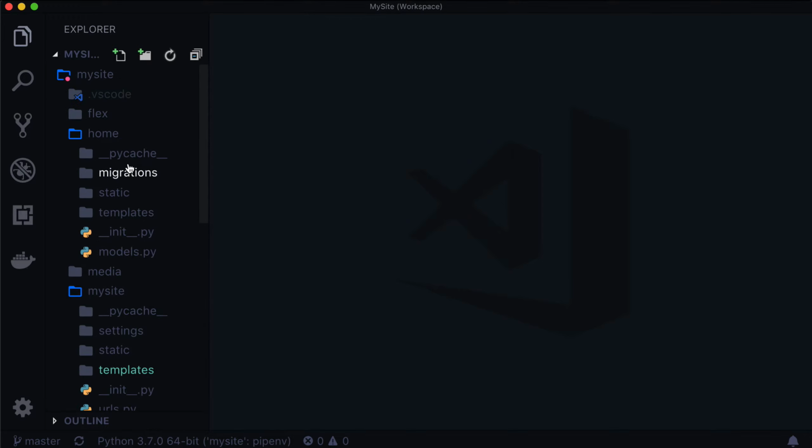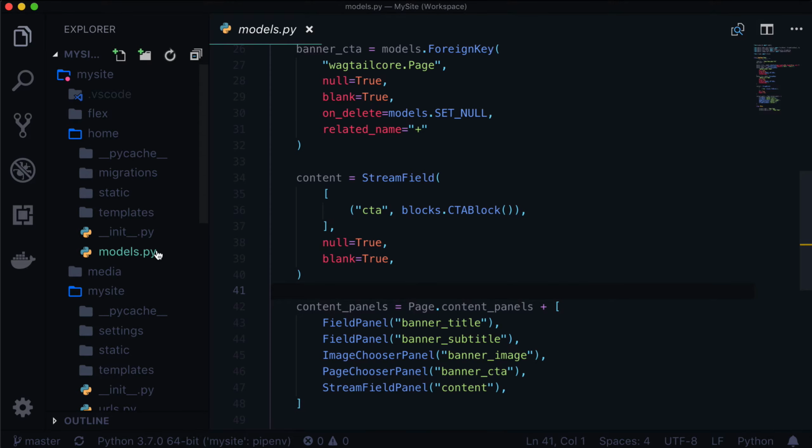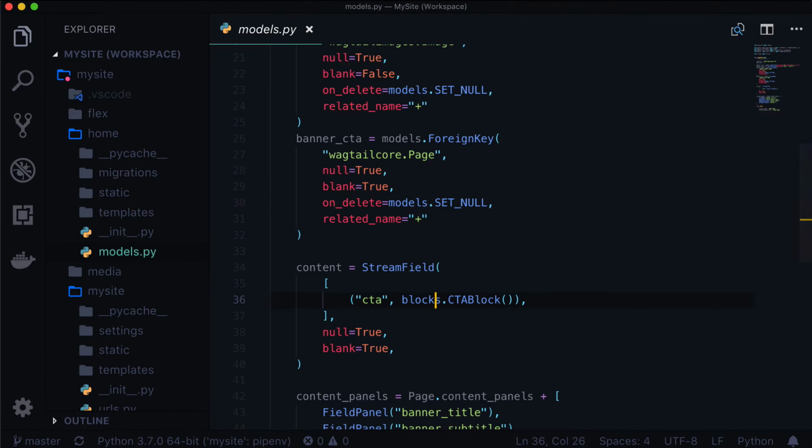Now, the reason that we're not going to put it on the flex page is because the flex page is supposed to be flexible. The home page, however, has a little bit of flexible content, so it's got an optional stream field in here, and there might be a couple more down the road. But if we wanted to have some sort of image gallery as the banner, for instance, we could do that. Now, we're not going to replace our banner entirely, just because that's going to be a lot of work for just one video. But by the end of this video, you will have a very good idea of how to